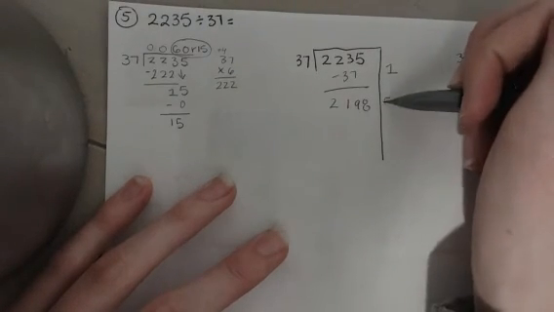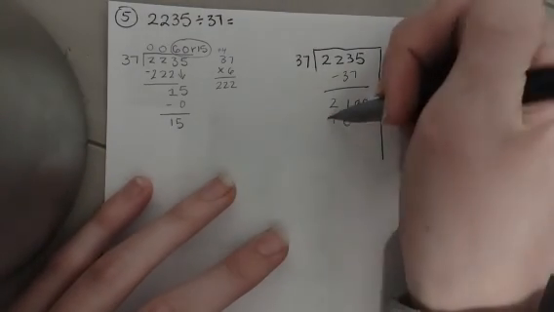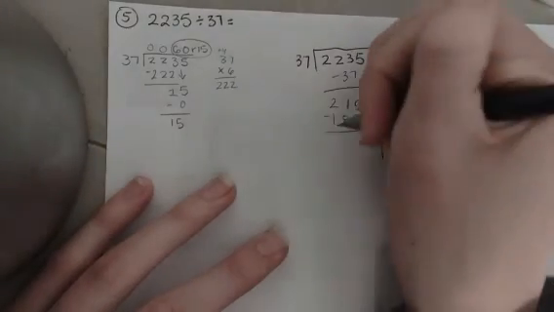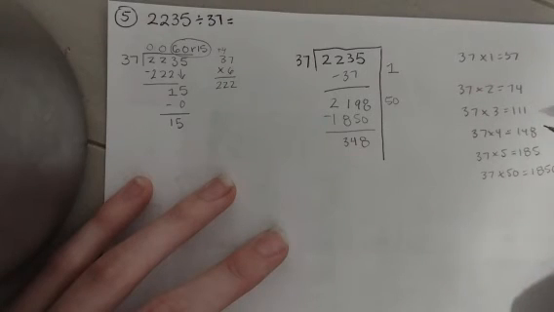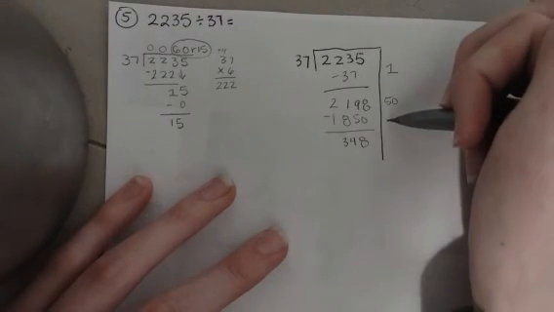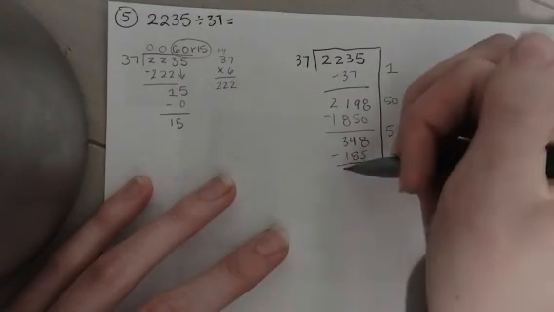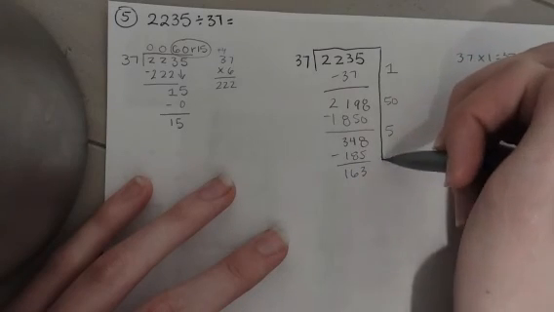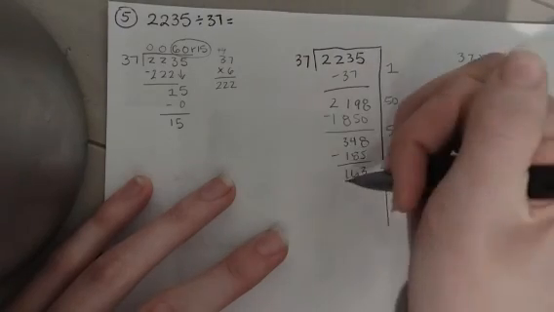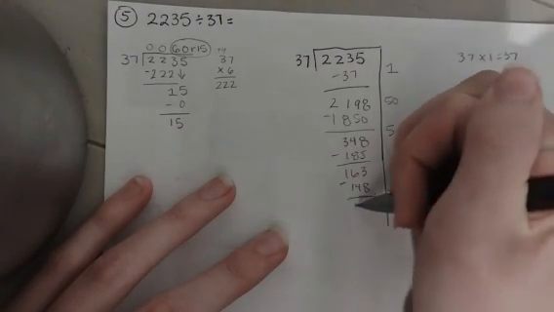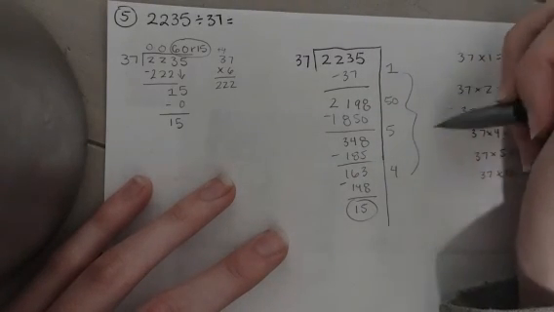So let's try that number. We're going to do 50 groups of 37 and subtract that number. And we're going to get 348. Now let's try subtracting 5 groups. We're going to get 163 left. Now let's try 4 groups. Okay. We get 15 remaining. Now we're going to count our groups of 37, and here we have